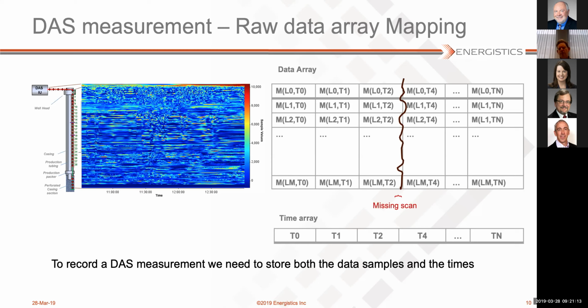A bit further on in the presentation, we'll also talk about the other data, because you need a representation of the instrument, the optical path, the settings of the system, etc. That will come a bit later. But first, we talk a bit about how we store the arrays. To record a raw DAS measurement, you need to store both the samples and the times, because it's not guaranteed that you always have all the times collected. And remember, these systems can be on for days or months. So occasionally you may miss a sample.